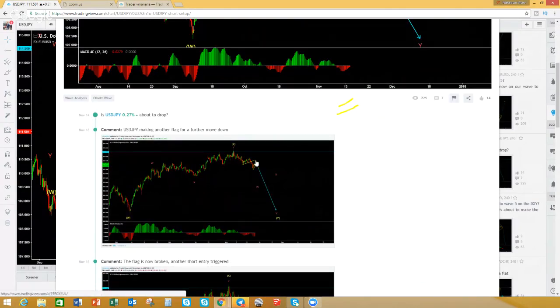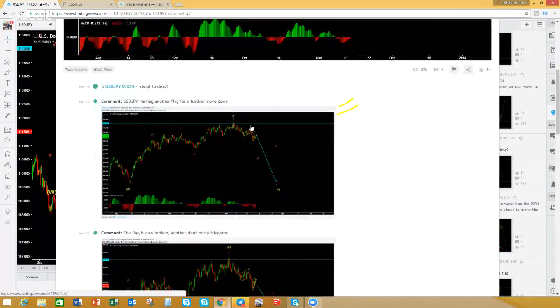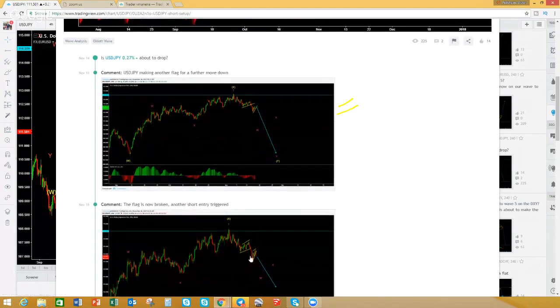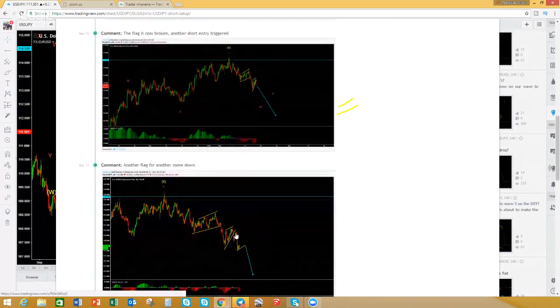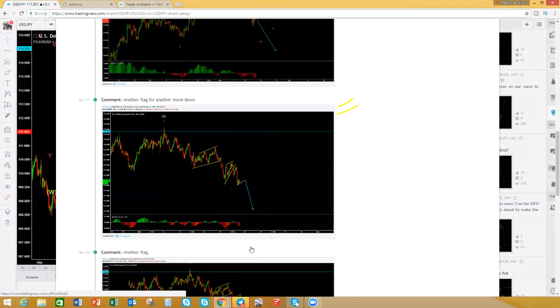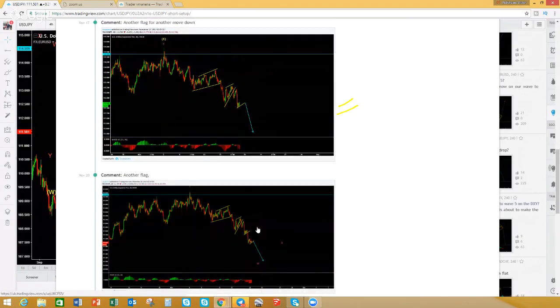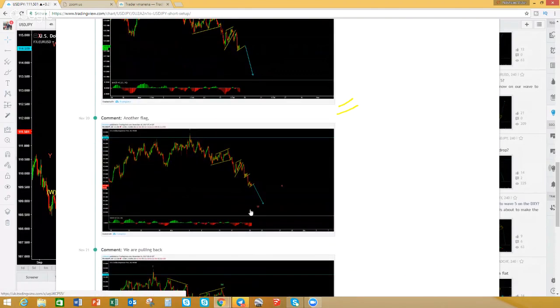You can see here it broke. We were already in the trade. It made a corrective flag, which we sold as well. Again, if you had missed it here, you would have gotten a second chance here. Look what it did. It breaks again, and I post again that it's breaking again. Okay, it does a bigger one. I post again that it was making a new one. Okay, it kept making these flags, and I kept posting that we kept on selling until we get this deep